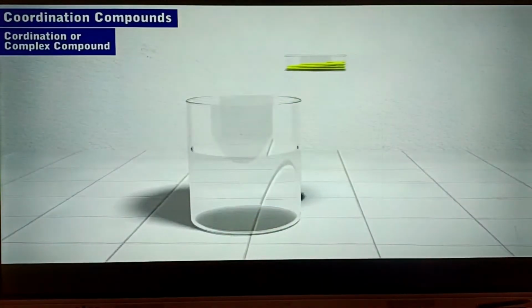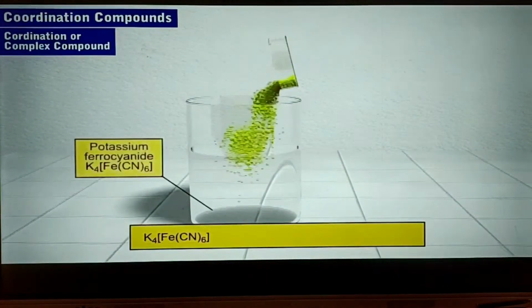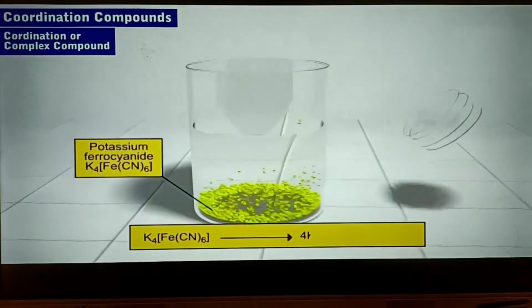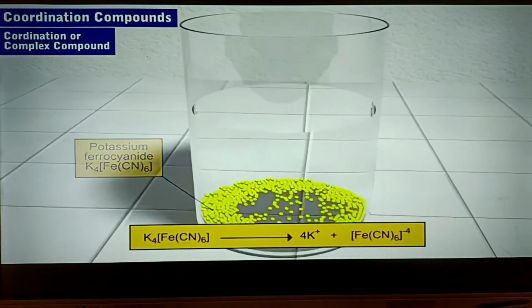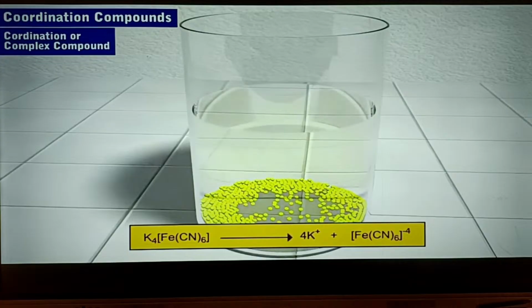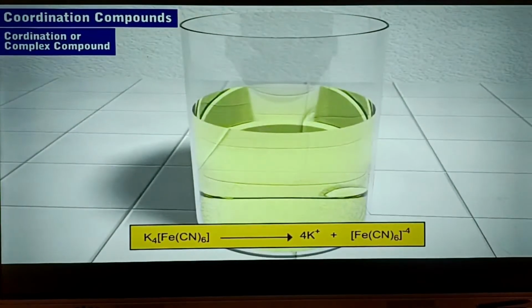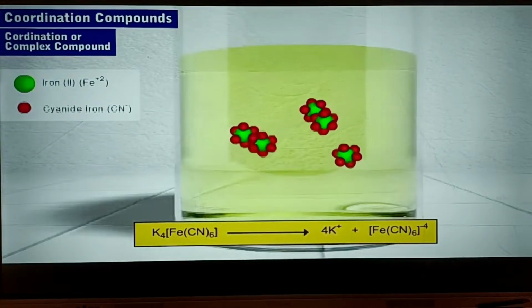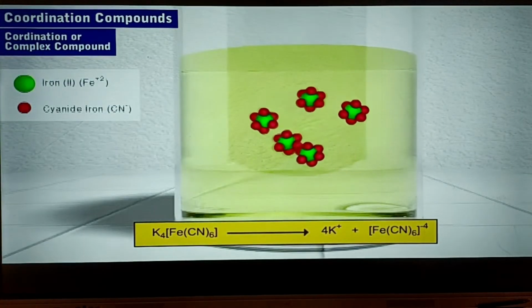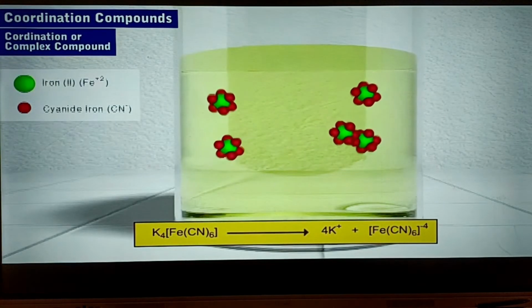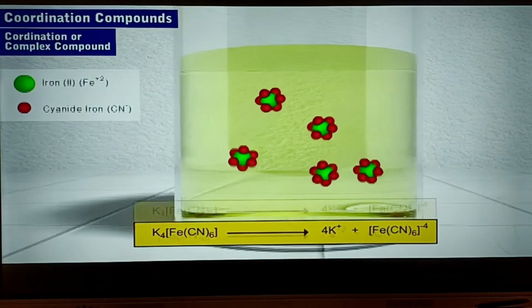For example, when potassium ferrocyanide is dissolved in water, it does not give the usual tests for Fe+2 and CN- ions, indicating that the ion